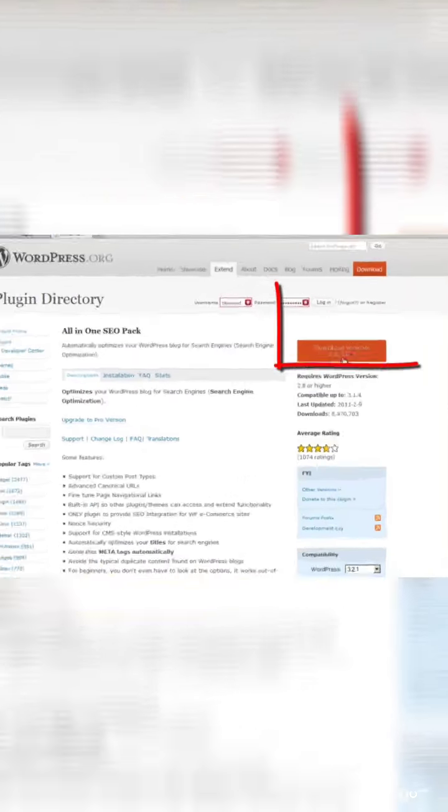Let's go to our list of recommended plugins and choose All-in-One SEO Pack. This takes us to another way to go get a plugin. This takes us to WordPress.org, which houses all of the free plugins that are registered with WordPress.org. And the way you would do this one is you would click on this button right here that says download version